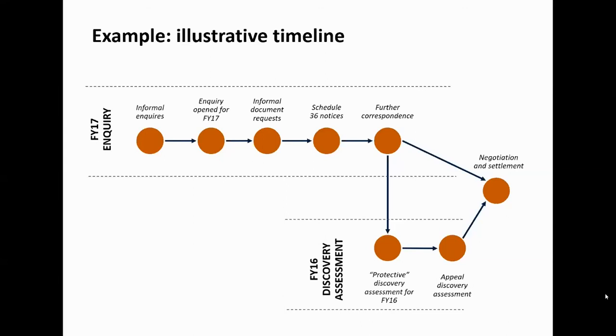So just a reminder about where we're up to on the timeline. We've been dealing with an ongoing inquiry into FY17's tax return, and we've also had now a discovery assessment, a protective discovery assessment, in inverted commas, for FY16. And we've discussed previously the validity or otherwise of that assessment. But now, in the bottom right-hand side of this timeline, we need to think about what we need to do